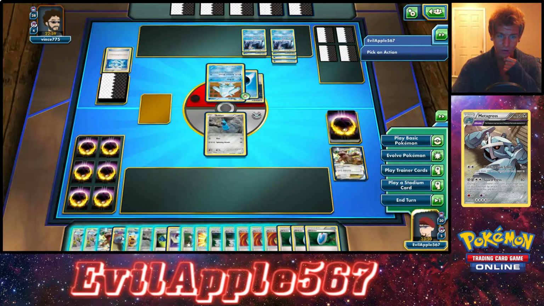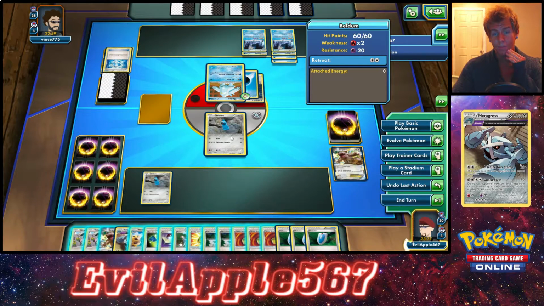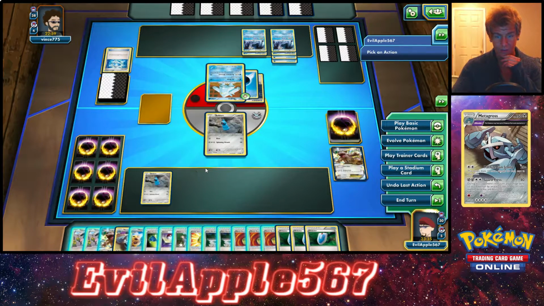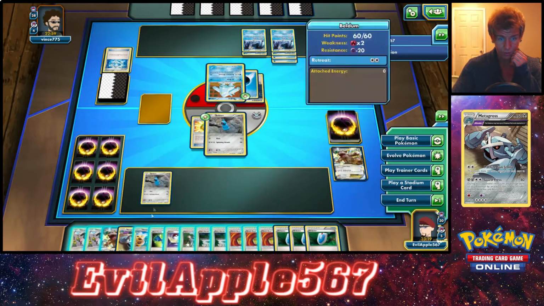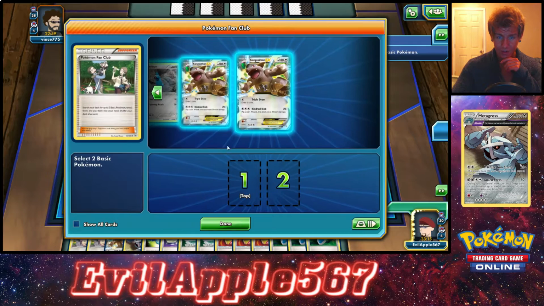Okay, so we got the Metagross, but we don't have a DCE. We have a Kangaskhan, but we don't have an energy. The only thing I can think is to put down the Beldum. I guess Metang could potentially survive a hit here, so that might just be worth evolving in the active spot. This is not good. I don't know what's going on, why I can't find Tiernos or anything. So we're gonna put Lucky Helmet on the active, evolve it into Metang. We're gonna Fan Club for...